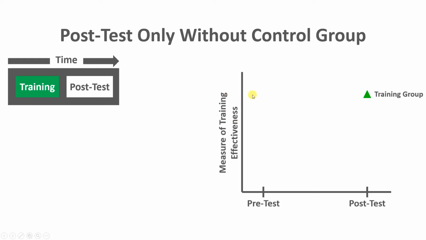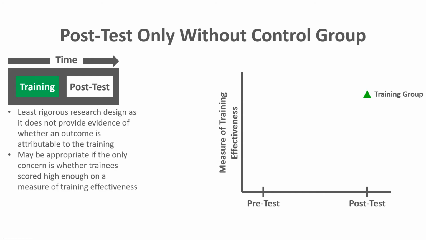Maybe it's a results-based measure of training effectiveness. This doesn't mean a whole lot by itself, but let's say that the organization does have a threshold where they need everybody to score above a certain level. Maybe it's a fire safety training module or something like that. Then if the average score for the training group is above that threshold, we'd perhaps conclude, okay, this training is fine. But what don't we know here?